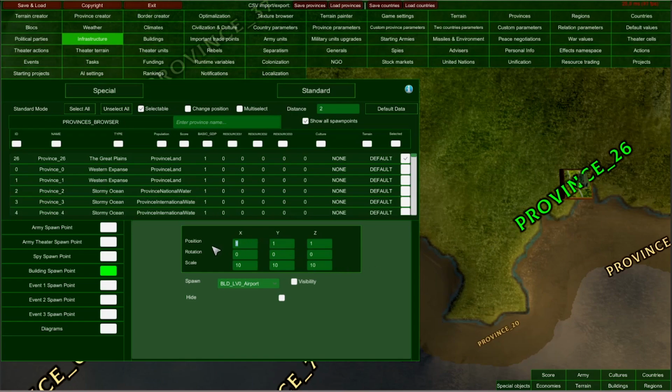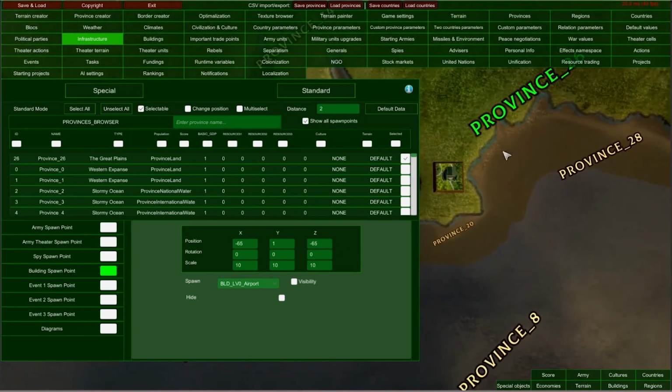So let me, for example, move it a little bit to the left. So like that, not too much. Let's say minus 65 would be enough. And using the Z-axis, I'm going to move it a little bit down, maybe a little bit further.